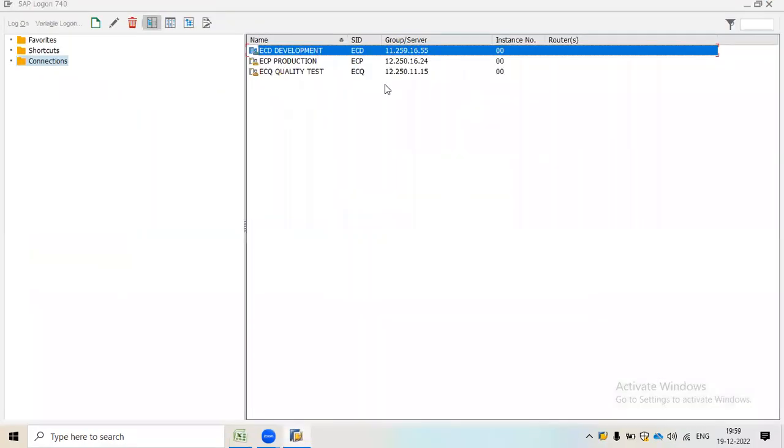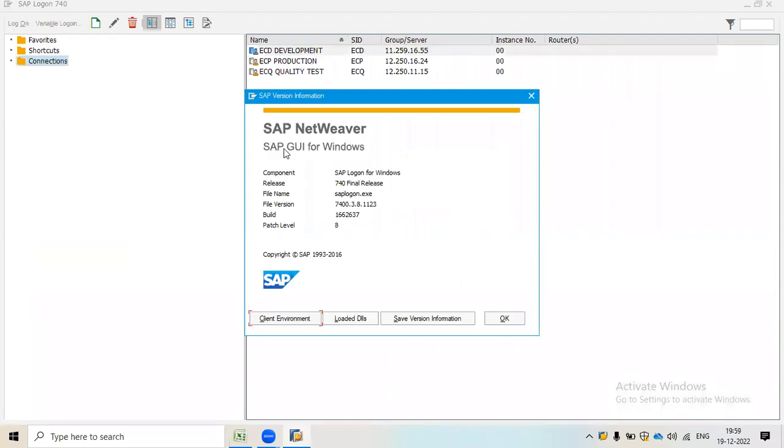Here I have maintained three different types of server details. If I show you the SAP login, you can see the component details: SAP login for Windows, release 740, final release. The file name is saplogin.exe. So it is the basic release detail.